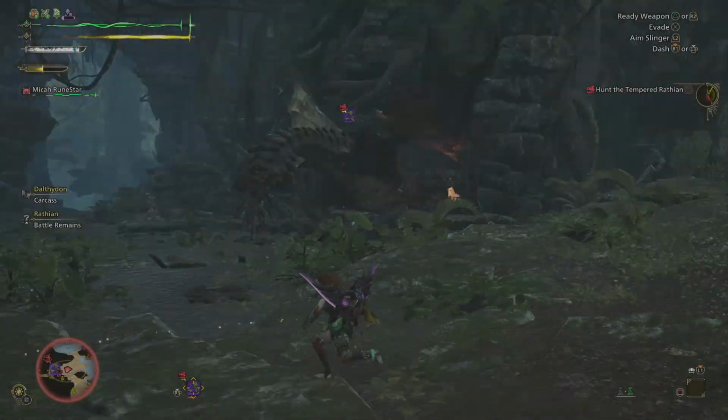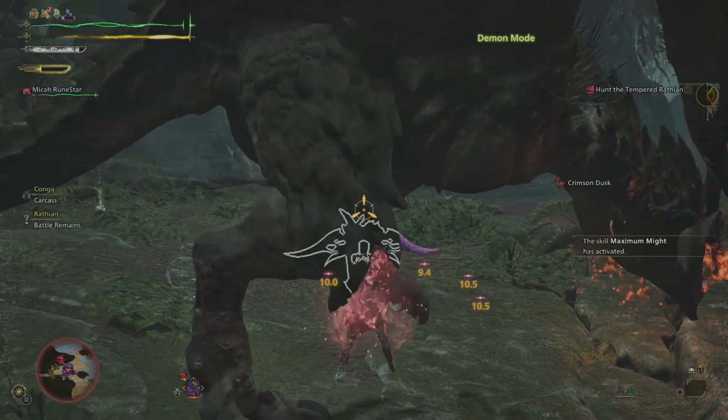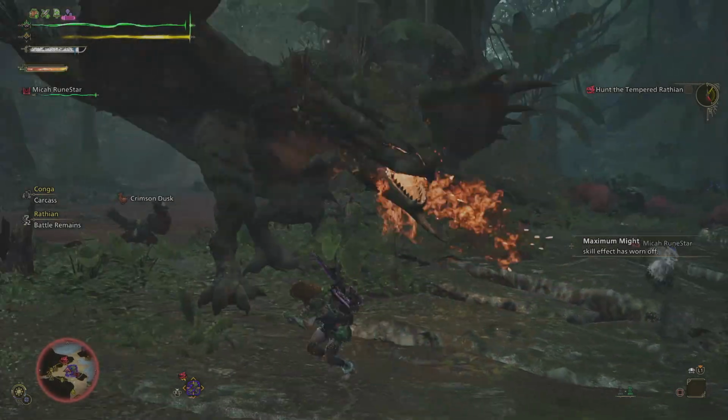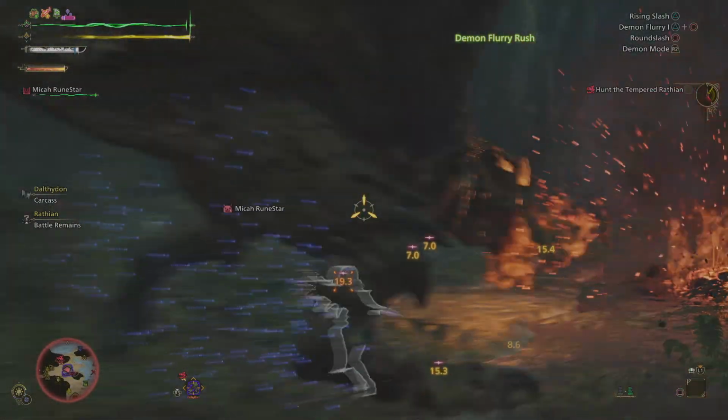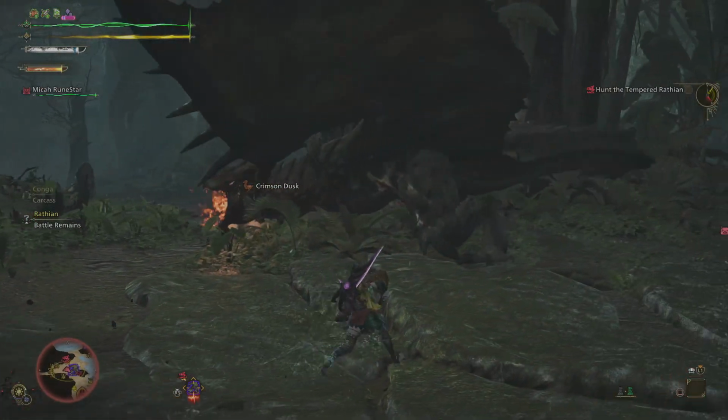Now here I did what I wasn't supposed to do. I let my Demon Rush gauge fall down, and I'm paying the price for it. I don't have the draw attacks anymore, so there you go. I have to actually spend a hunt trying to get it back up, and the way to do it is